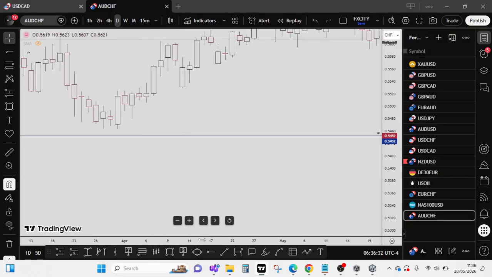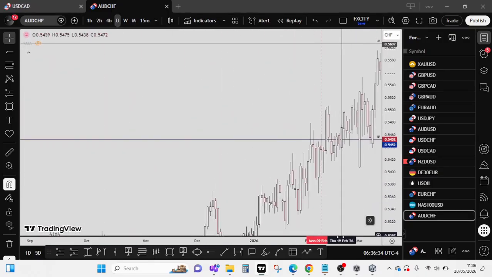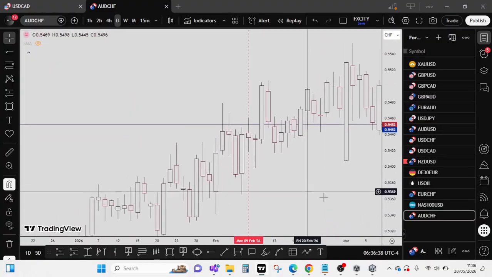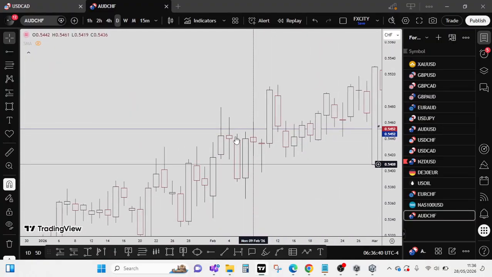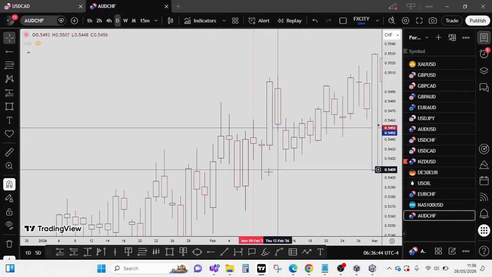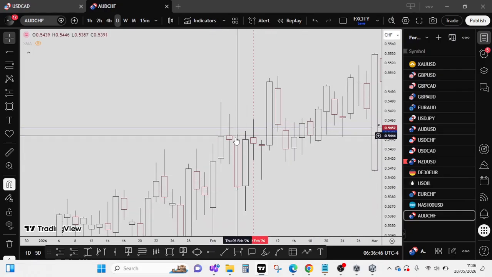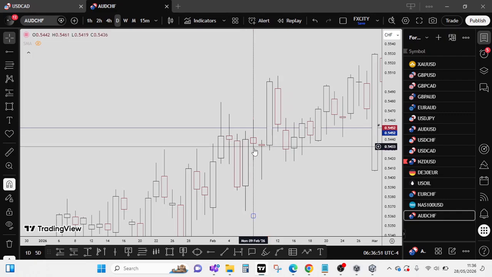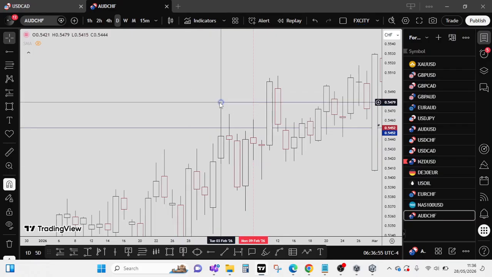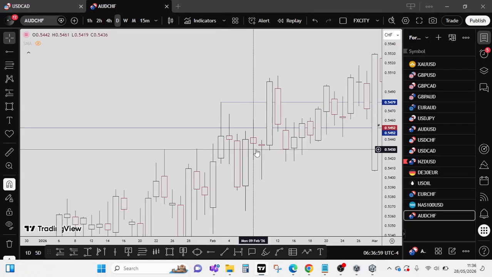First of all, we check the daily to see if there is something we should be paying attention to, right? So what we should be paying attention to on this price action is we have a bullish engulfing here. This is a bullish engulfing, and then price here closed bearish. So we are looking on this bullish engulfing. We're looking for price to take these highs,